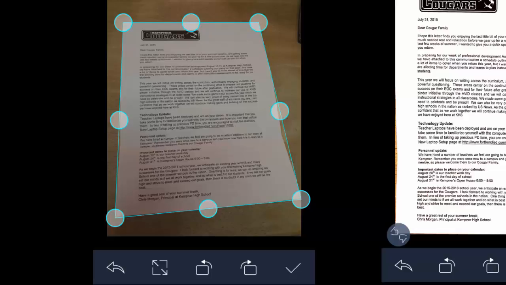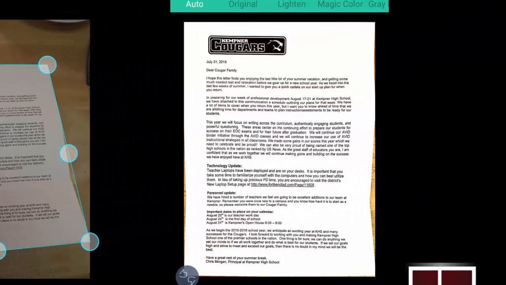So you can see it automatically identified the corners and the edges, and once I agreed that those were the corners and the edges and clicked on the check mark, it actually straightened out that paper for me, the scanned copy. It whitened up the whites, made it nice and bright and clear, made the blacks nice and black and legible, and made this into a nice PDF file that could be emailed, printed,